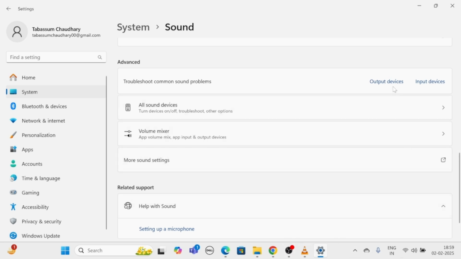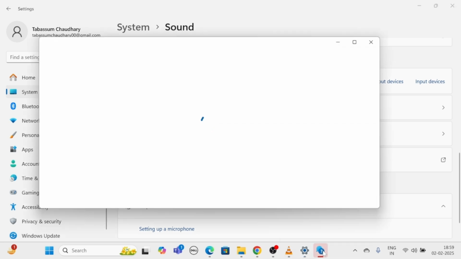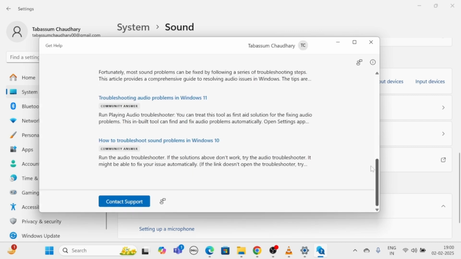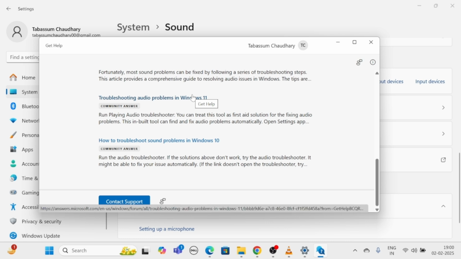From here, select Output Devices. Click on Troubleshooting Audio Problems in Windows 11 and follow the on-screen instruction to diagnose and fix audio issues.